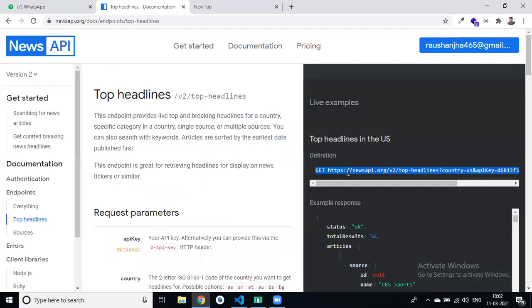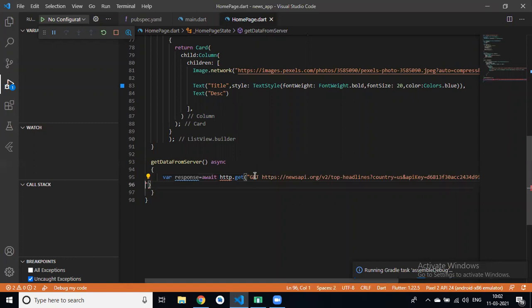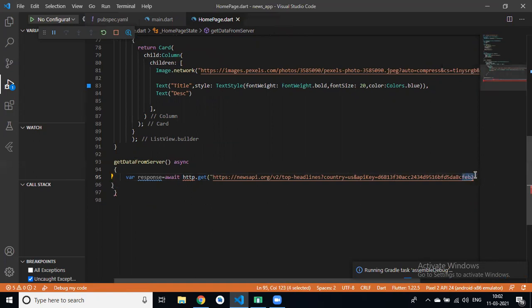Get. Okay, I will remove it manually. News API, then this.